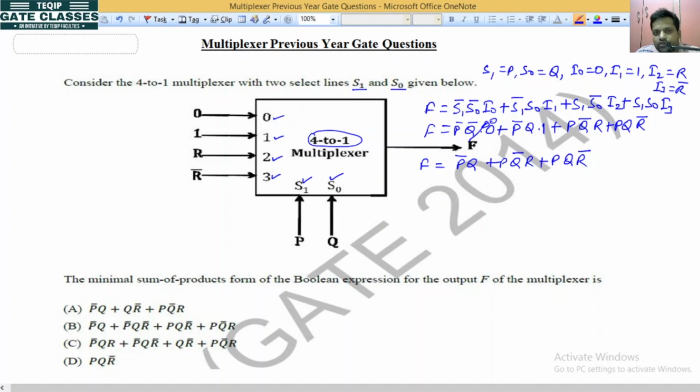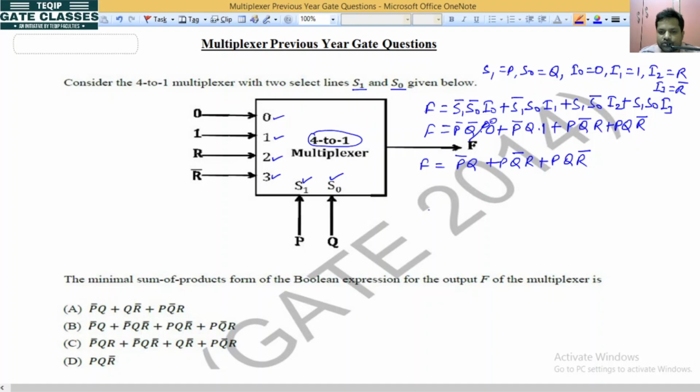Now we have two methods to simplify this function f. The first one is Boolean algebra and the second one is K-map. We have tried some examples with Boolean algebra, now we go for the K-map. We will solve this with a K-map. Yesterday we saw some questions in which I applied Boolean algebra. So f is a 3 input function.